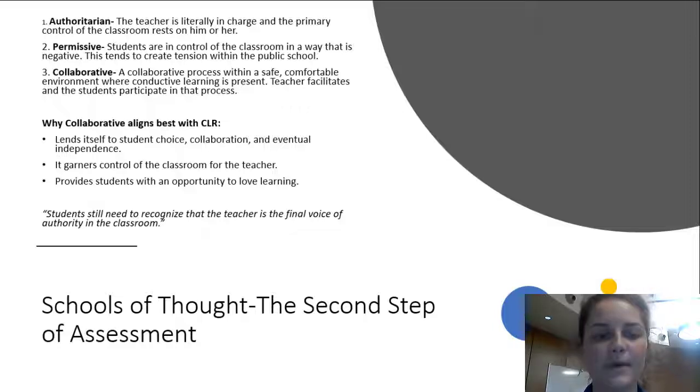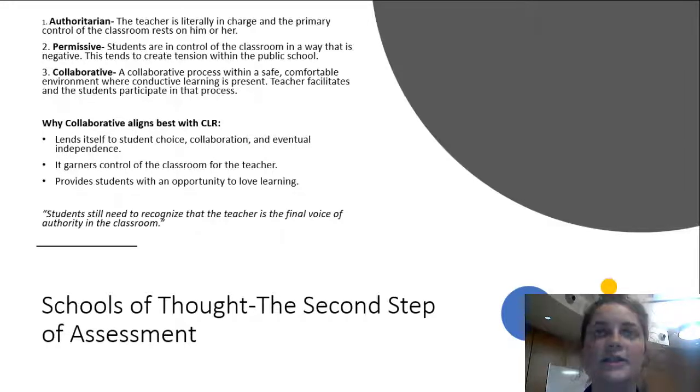So the second step is knowing the school of thought. This assessment calls on teachers to know the general management school of thought they aspire to be compared to what actually occurs. So these are the 3 most common schools of thought. The first being authoritarian. Now, this is where the teacher is literally in charge and the primary control of the classroom rests on